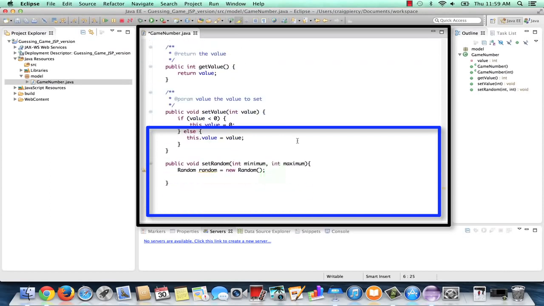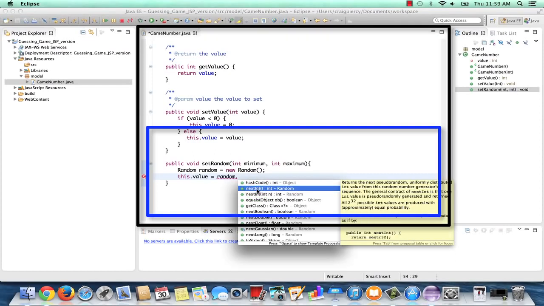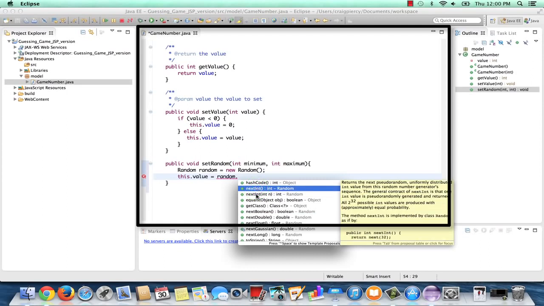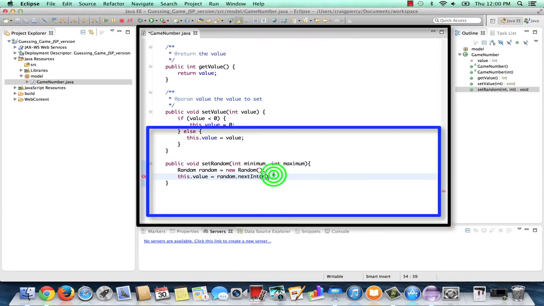Back in our setRandom method, I can now use this to set the value. Let's type this.value because that's what I want to set. It's going to be equal to my random object. Once I hit the dot after random, I see that there are a bunch of methods. Turns out the nicest one for me is this one called nextInt. NextInt with 0 parameters gives us a random number between 0 and 1. NextInt with 1 parameter will give us a random integer between 0 and that integer. So let's choose that. I'm going to go ahead and finish my line,